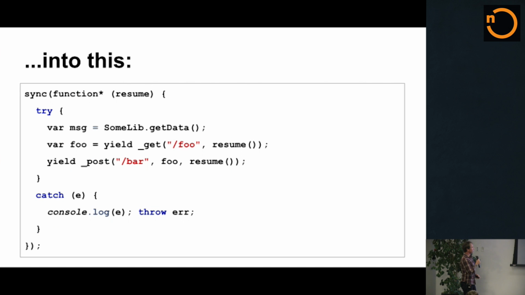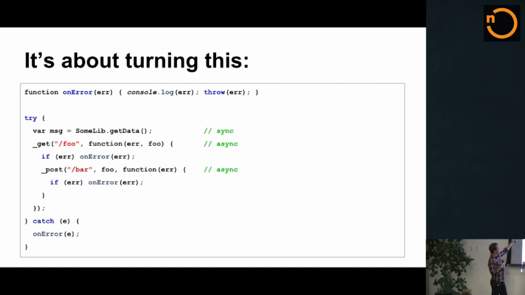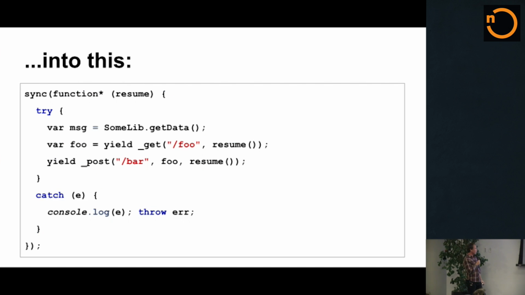It's about turning that code into something that looks like this. These two pieces of code functionally are identical. We're performing some asynchronous operations. Let's just assume that the implementation of this get function issues an HTTP get to /foo and post issues an HTTP request to bar. We still have the single-threaded event loop. We're doing some plumbing of exceptions back to some centralized error handling, but we can do it in a whole lot less lines, and it's a whole lot less gross. So this is going to be about generators. This is going to be about making this dream your reality.